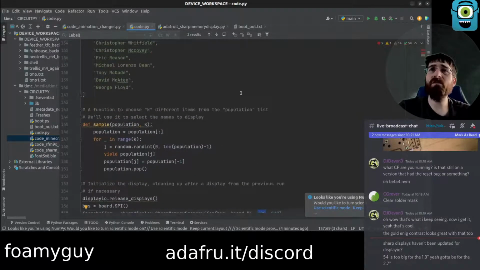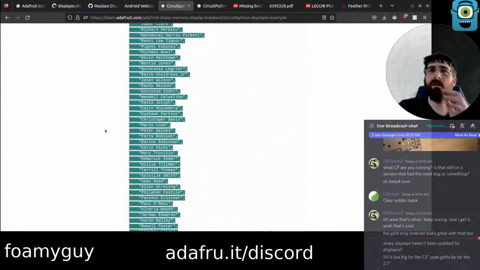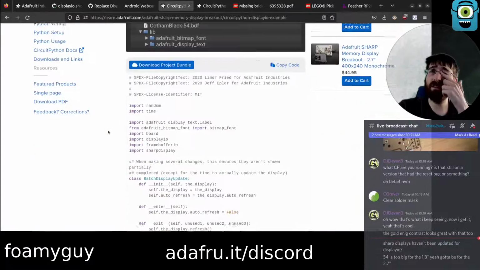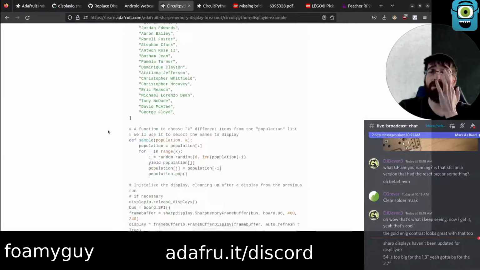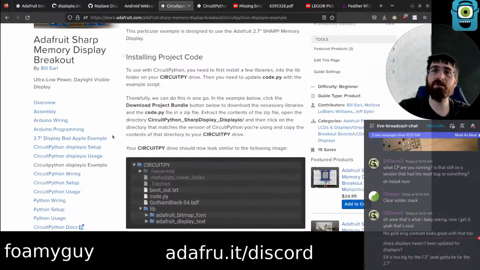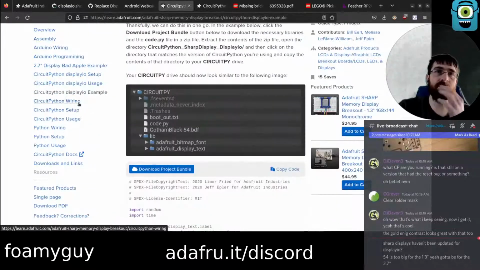What were we on before? We were like 120 by... Okay, we may have to cut out the setup of the displayio display, because this is made for that bigger screen. It's not made for the one this size, which is what we have. It's made for the one that's like PyPortal sized almost. It's much bigger.